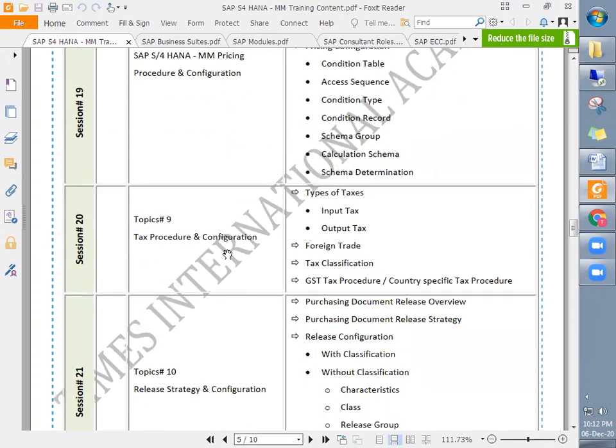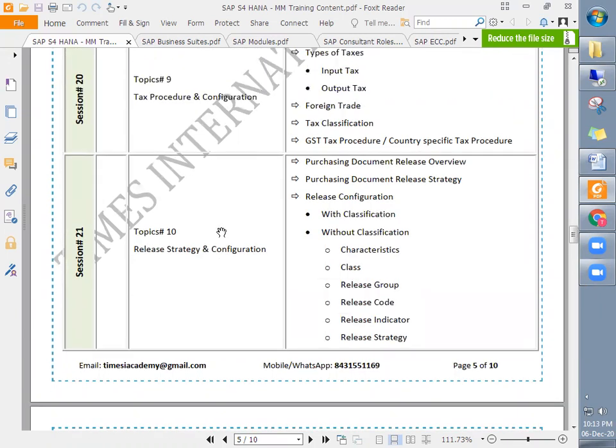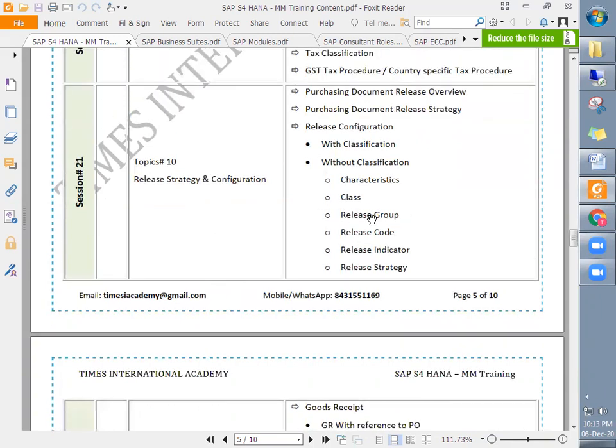Then SAP MM pricing procedure and configuration, where we will discuss how to automate the pricing procedure. Then the tax procedure and configuration, and release strategy, because release strategies are required to release purchasing documents like purchase requisitions, purchase orders, and contracts. So for that, how to bring automation in releasing the documents.